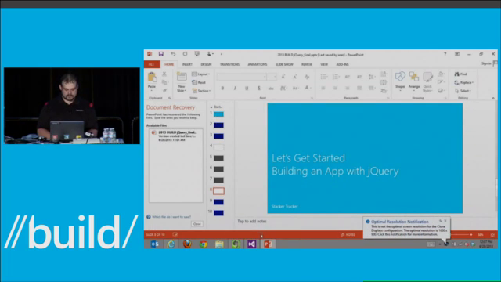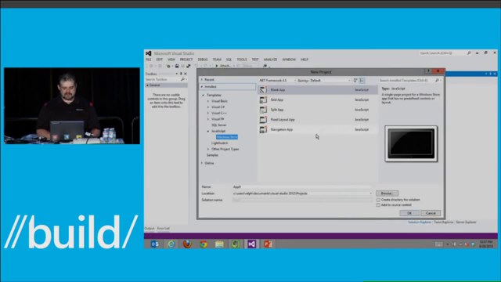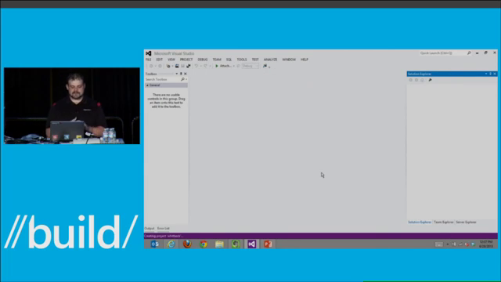Here we go. We will start up Visual Studio and go to File, New Project. Here we want to go down to our templates, JavaScript, Windows Store. We're just going to pick a blank app. I'm going to call this one Whitbeck, because that's my name. All right, so this will start up a